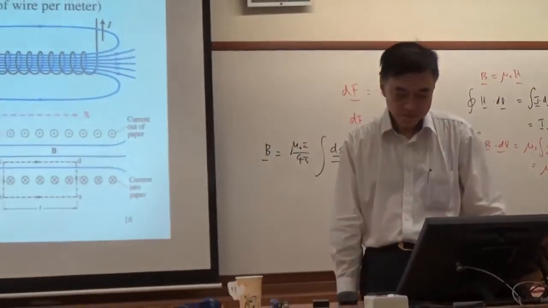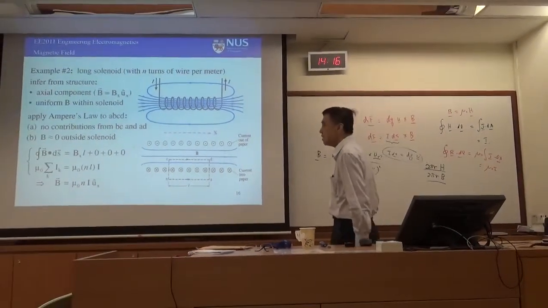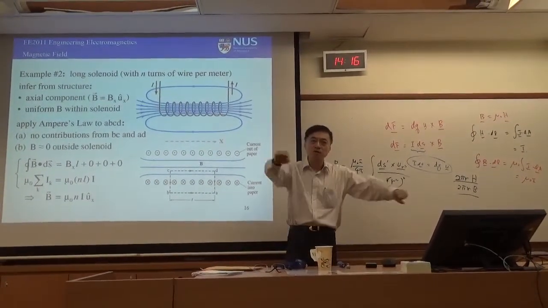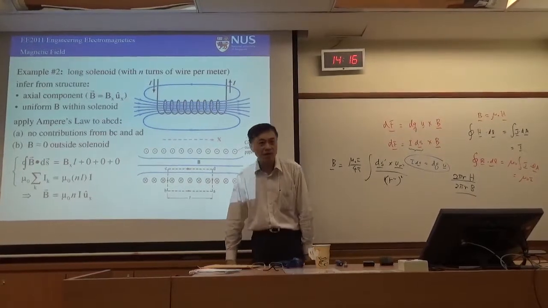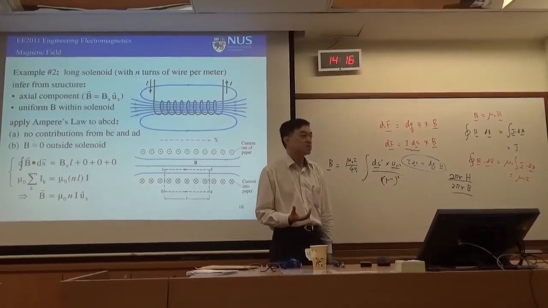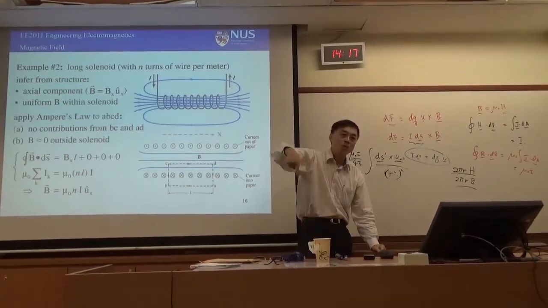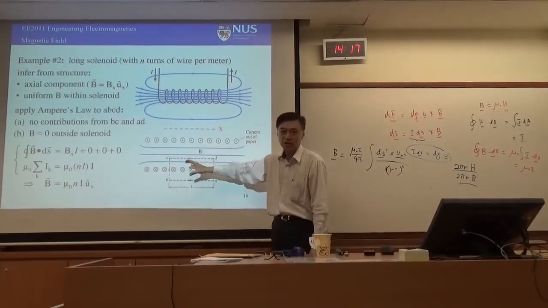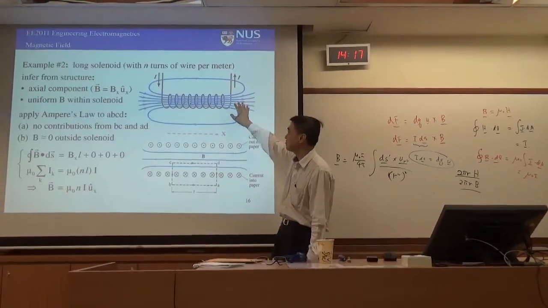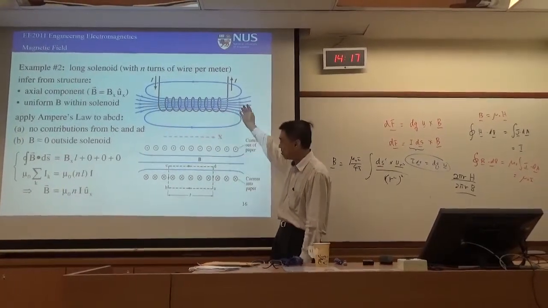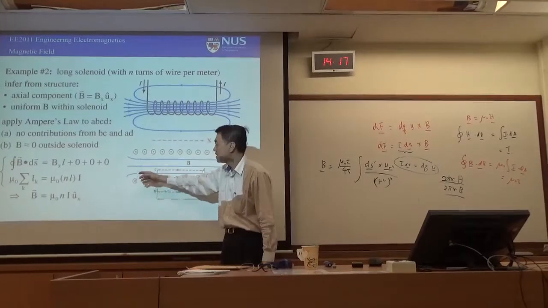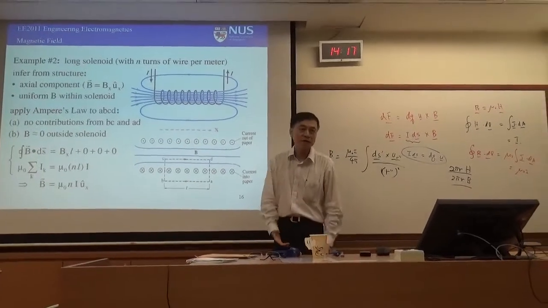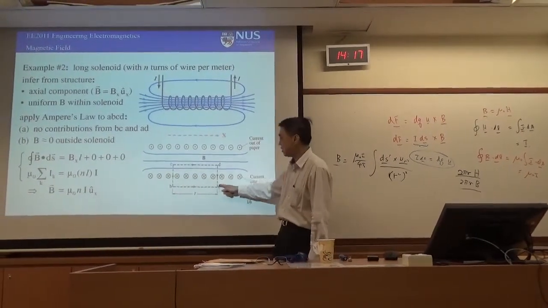All right. Now we can also apply Ampere's law to a solenoid. Why? You say that Ampere's law is only for a long straight wire, but a solenoid is not a long straight wire. The reason is that for a long straight wire, we know that the magnetic field is constant in the circular direction. But for a solenoid, if we neglect the fringing effect at the two sides, for a long solenoid the magnetic field is constant. And if the magnetic field is constant, we can also apply Ampere's law, because if we draw a contour like this,